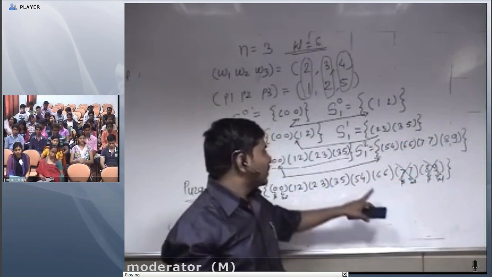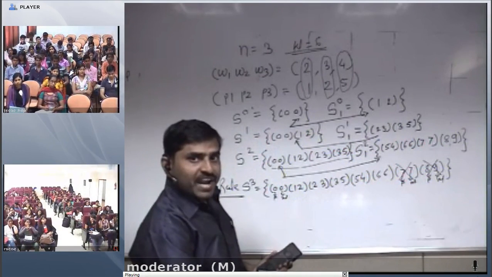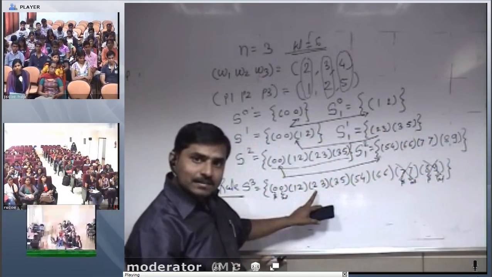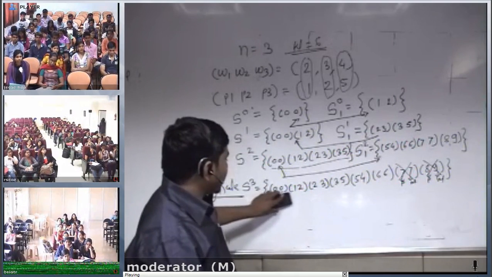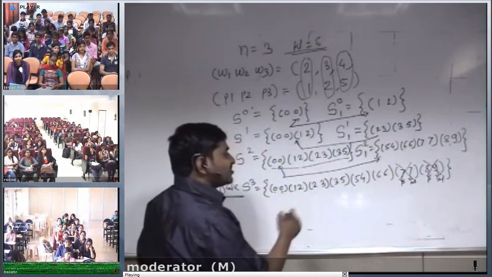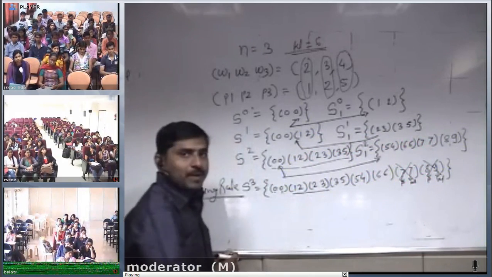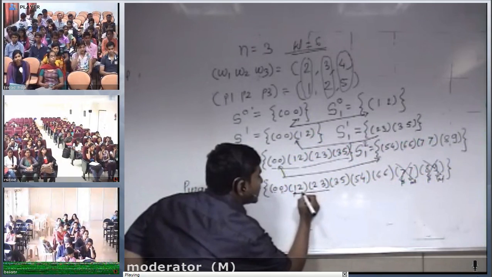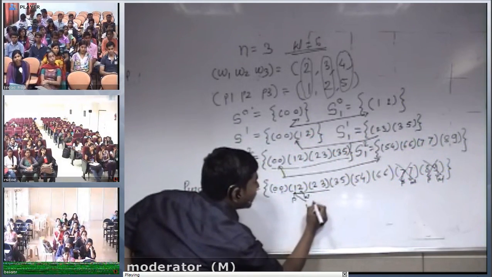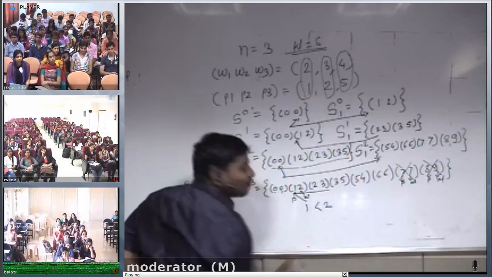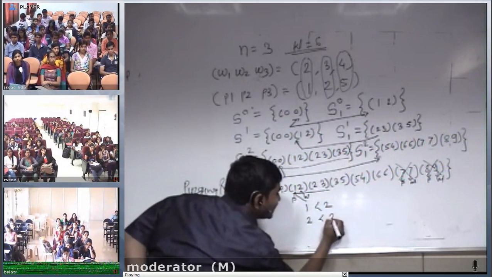Now the second rule of the purging rule is to find such a pair whose profit is less and weight is large. Means what? I check the profit: profit is less and weight is large. For example, I take these two pairs. The first is profit, the second is weight. So 1 is less than 2. Profit is less, but weight is also less than 3.